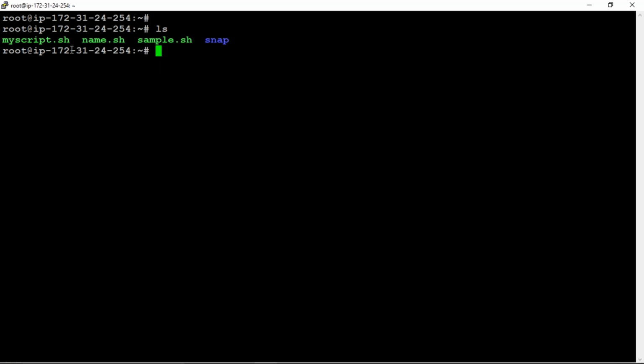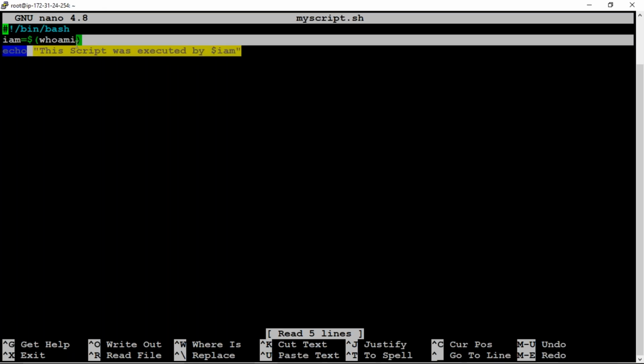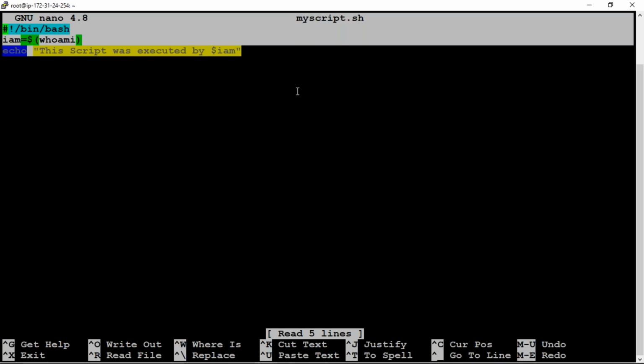For that, I'm entering this script file. If you don't have that script, you can create it. I'm using the command nano space myscript.sh and enter. That is my file, which I created yesterday. I'm pasting this in the chat box also for your reference.